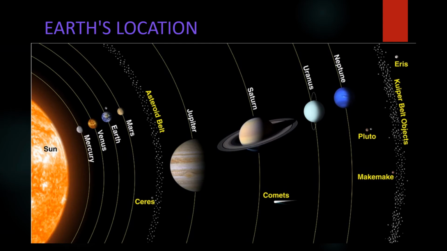Earth is the third planet in the solar system. It is considered to be one of the inner planets next to Venus. The distance from the Sun is enough to support life. If the Earth had been too close to the Sun, its surface would have been dry and lifeless, just like Mercury and Venus. If it had been too far like Uranus and Neptune, it would have been cold and dark.